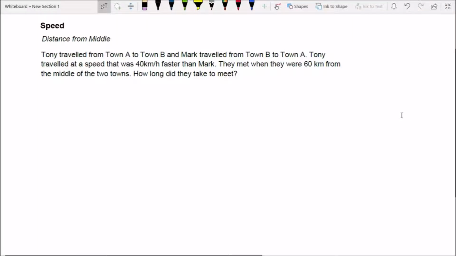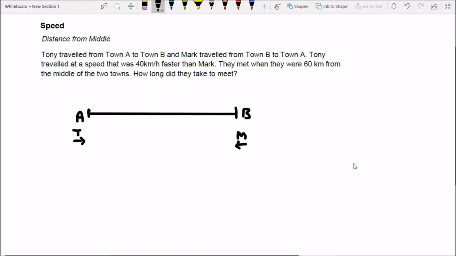For this type of question, like most questions on the topic of speed, we can get a better idea of how to solve it by drawing a line diagram. Draw a line representing the distance between town A and town B, with Tony starting from town A and Mark starting from town B. The question says that they met 60 kilometers from the middle, which sounds confusing, because we